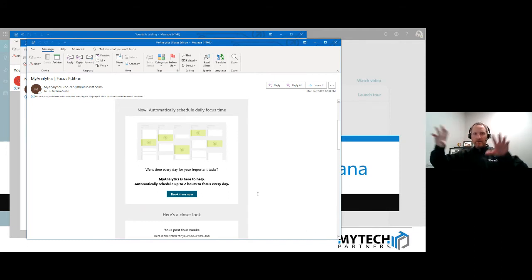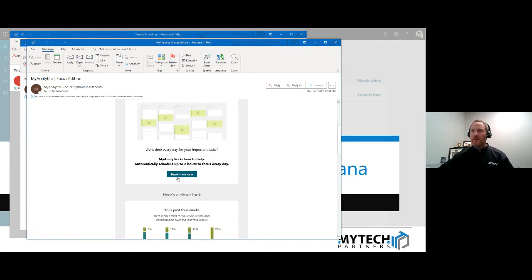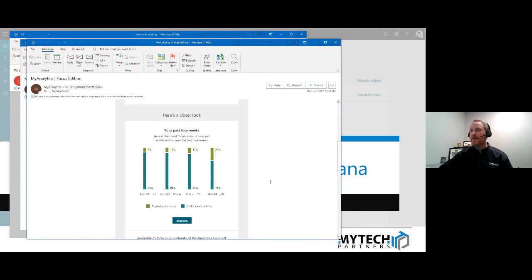It will literally seek out little spots on my calendar and book focus time for me to make sure that I have time to get things done. Again, that's a really easy way to do it. And I'll show you when we get into the dashboard, there's a way where you can build out what that schedule looks like, tell it the frequency, and it'll naturally find time for you. Even as your calendar evolves, it's not just a one-time thing. It's continually seeking and trying to find focus time based on the preferences and requirements you set forth. Again, in the past 4 weeks, I didn't have enough time to focus.